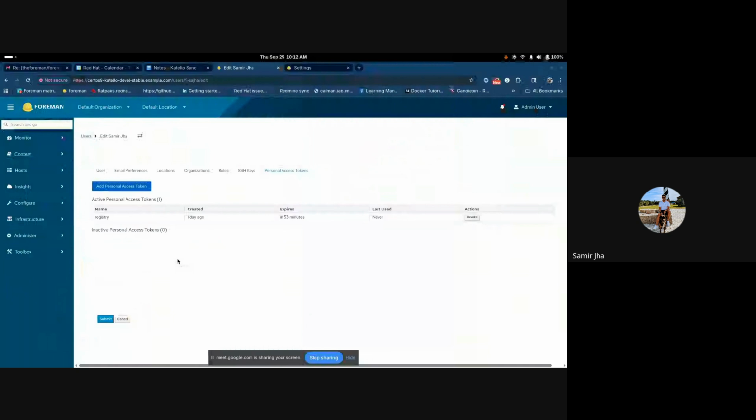Okay, all right. So my demo today is mostly to advertise this new setting that we have added, which is called registry token expiration time. The default that we have set it to is 60 minutes. So what this means is, when you're using your Foreman Catalog server as a container registry, you're supposed to